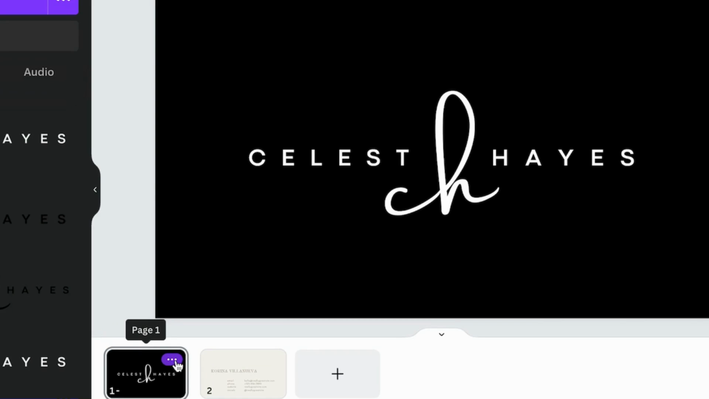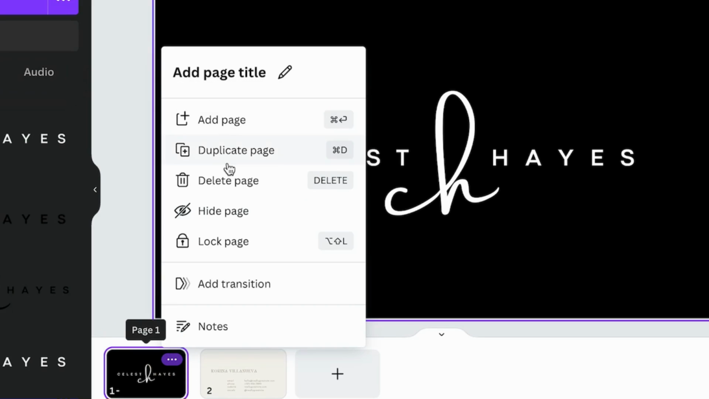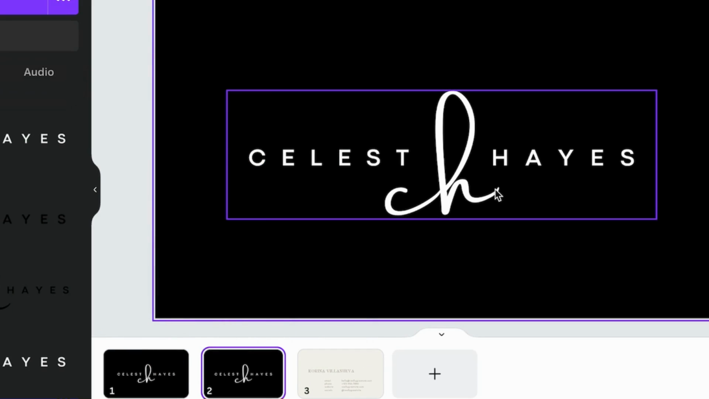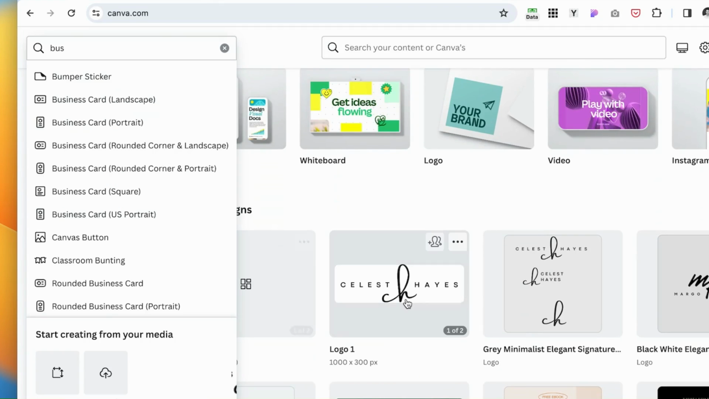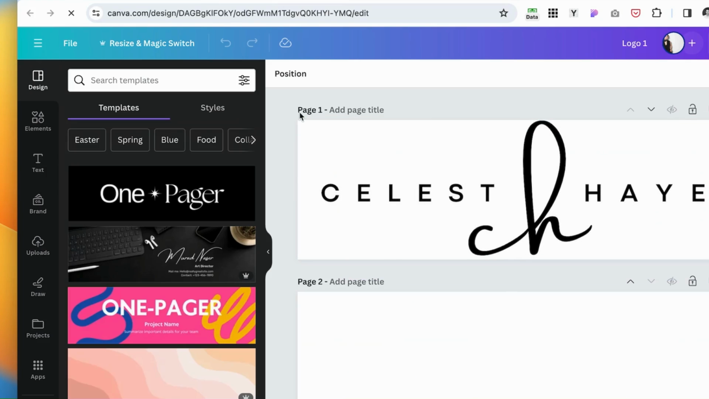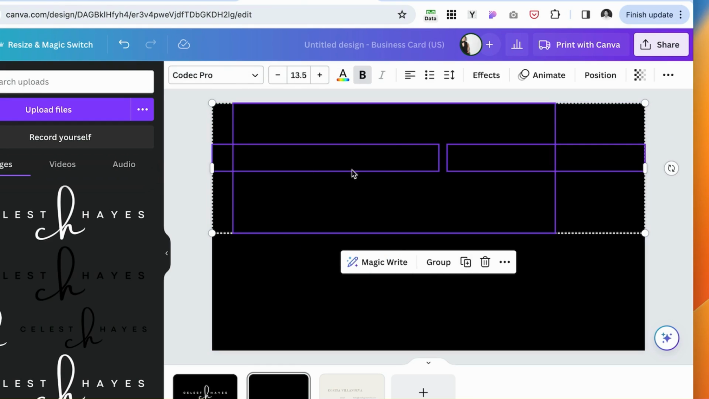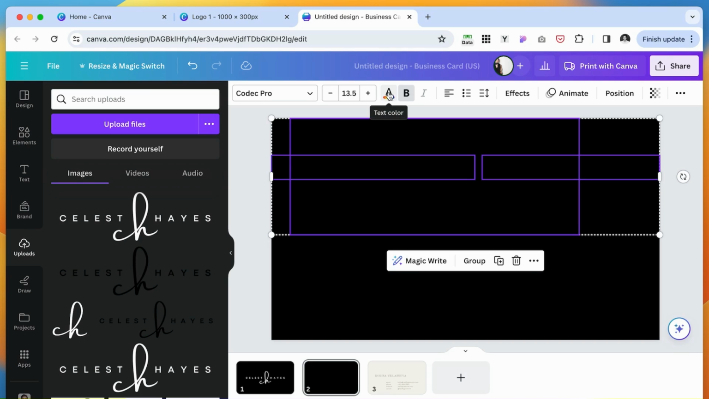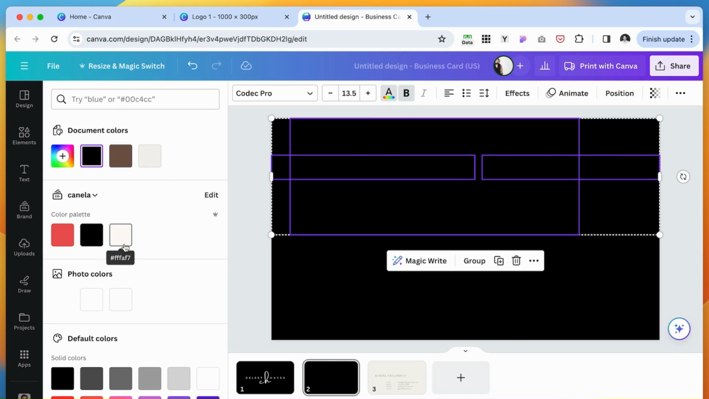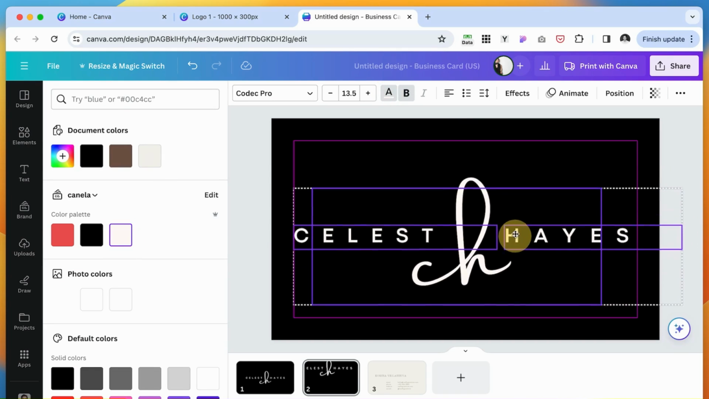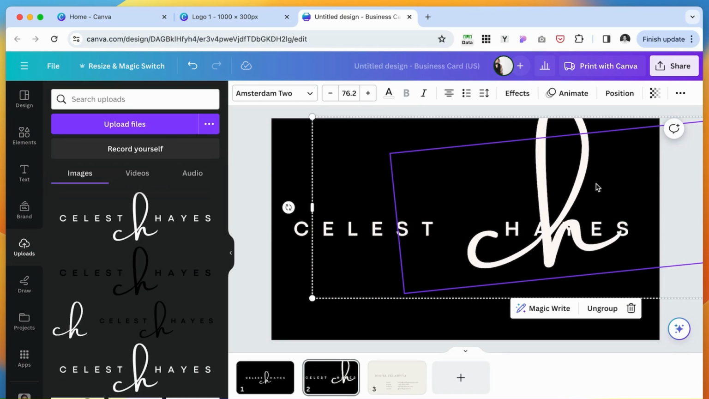You can duplicate the page by clicking these 3 dots. Click duplicate. Now this is exactly the same page. I'll go to the original logo file that I have, copy it, and paste it in here. Because it's black, you can already see, so I'm going to click on this text color and adjust it to be white. I want to make this